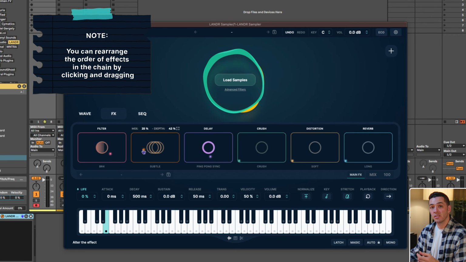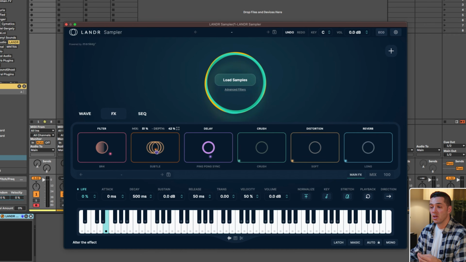On the x-axis, on all of the effects except for the filter, you have the mix. Then on the y-axis, you have a stylistic effect like depth for chorus or time for delay. On the filter, you have on the x-axis the frequency, and then the y-axis the resonance. Now you can mix these in by dragging this knob up or down, but it's important to note that all